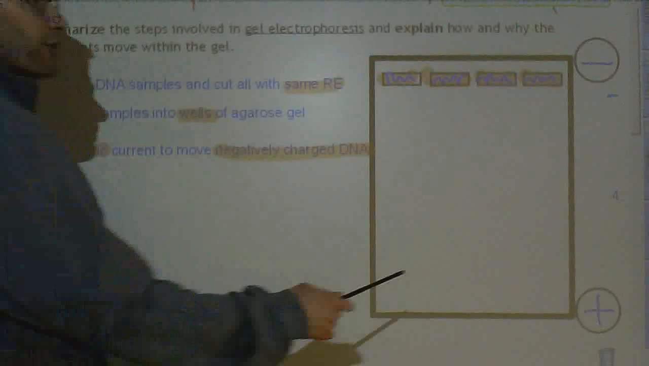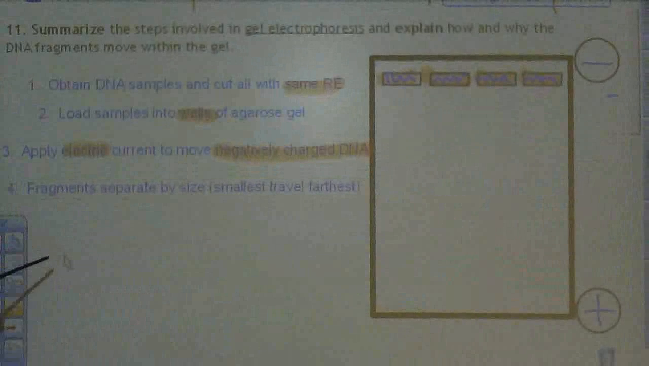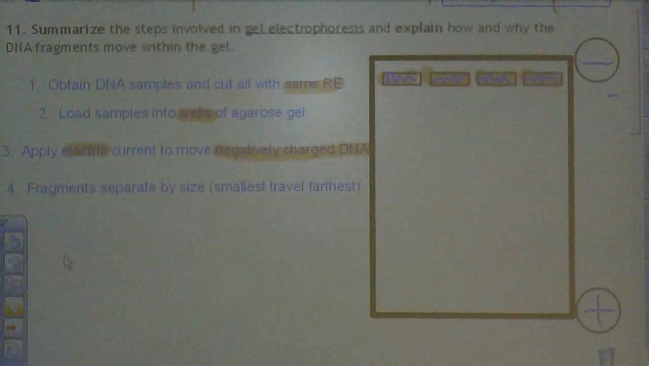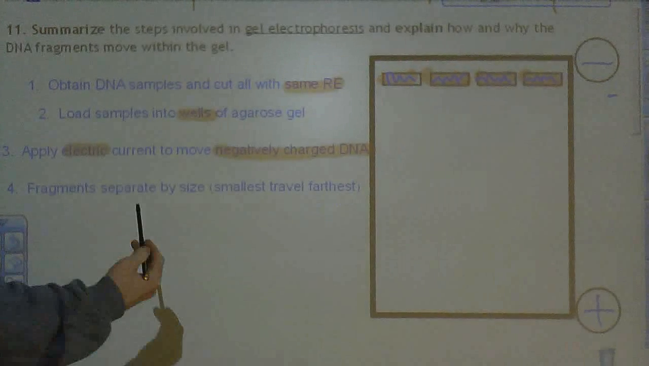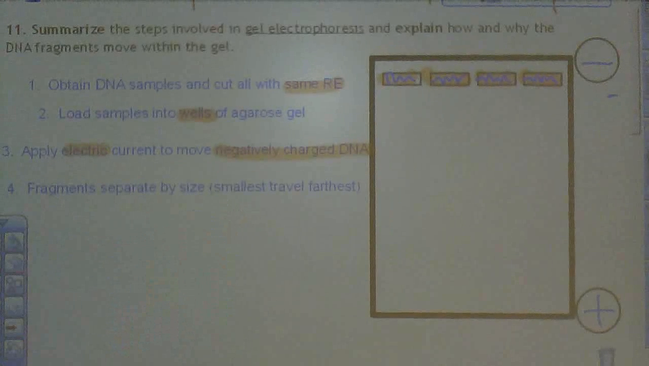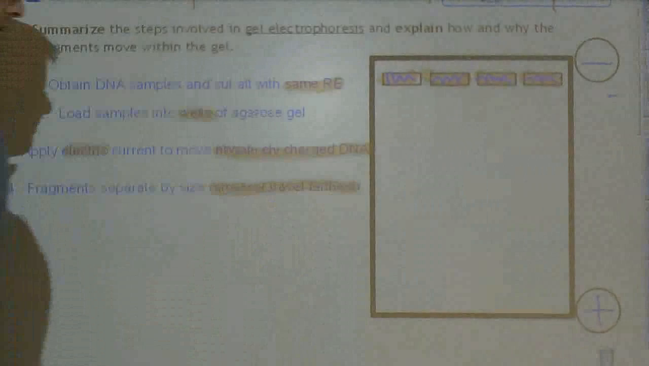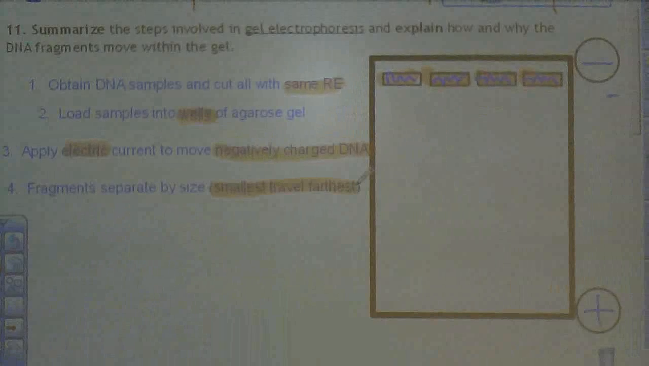And then step 4, again summarizing quite a bit. But there you go, step 4. The fragments are going to separate by size. The smallest ones are going to travel the farthest. Let me give you an idea again just what that looks like as far as DNA bands that are moving. Fragments separate by size, smallest ones traveling the farthest. It's important to remember this too, because this is explaining the method of the creation of a